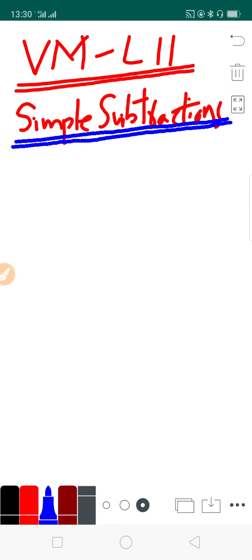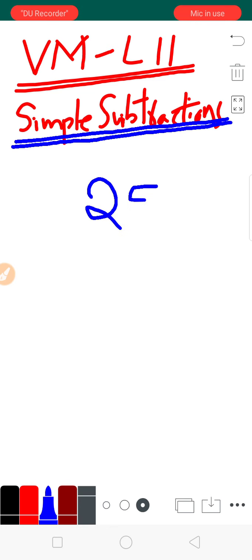In the last few classes we discussed the basics, that is complement numbers, match combination and mismatch combination. To understand subtractions using Vedic Maths, it is very important to know these concepts. If you have not gone through them, go through the earlier videos and understand them. After understanding those videos, only then will you be able to do these simple subtractions. Let us see a simple subtraction here.